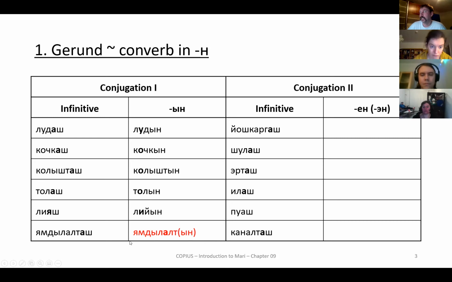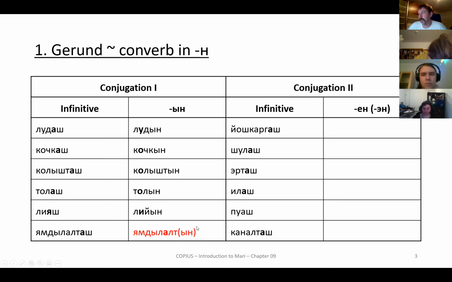After polysyllabic stems, especially those that contain a derivational suffix, you can drop the n at the end, and you can just have a short form yamdalalt, and often this is actually done. So this is something that you have to remember, that after very long stems, and especially derived stems, the n becomes